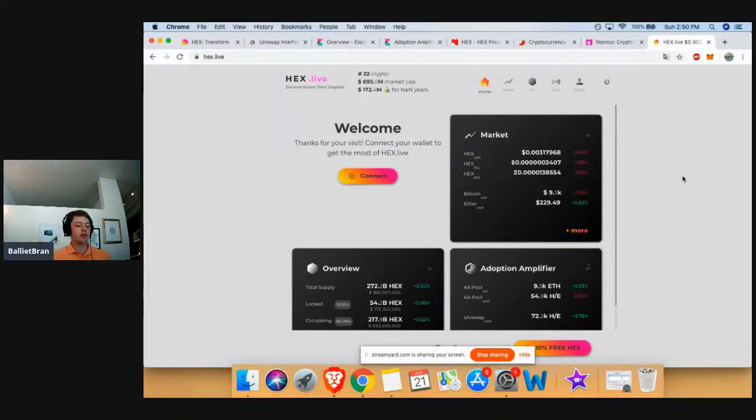I mean, a lot of other things like EOS, you know, EOS had a very successful launch, and it's pretty cool that HEX is kind of emulating that in a certain way, where it's doing 351, I believe, days of